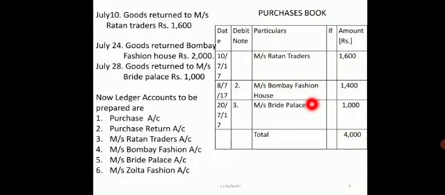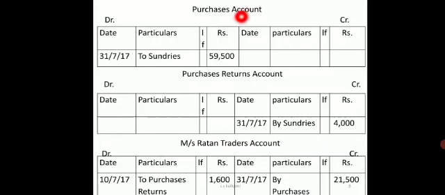So from this purchase book, the ledger accounts to be prepared are a total of 6: purchase account, purchase returns account, Messrs Ratan Traders, Bombay Fashion House account, Bride Palace, and Zolta Fashion House. So these 6 ledgers have to be first identified, and a separate ledger has to be opened in the name of the supplier as well as purchase and purchase returns. So first we write the purchase account. During the month we have made total purchases of 59,500. So at the end of the month I will write